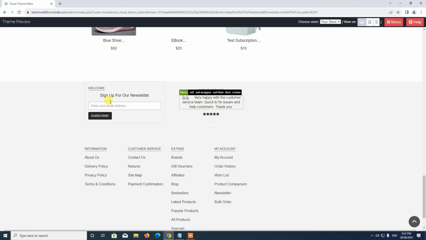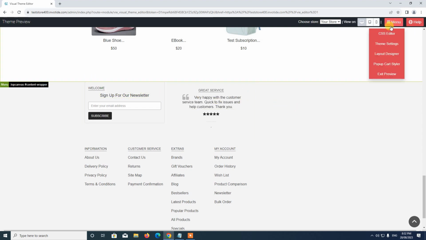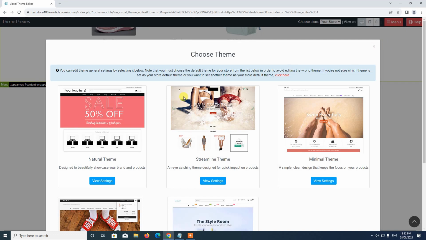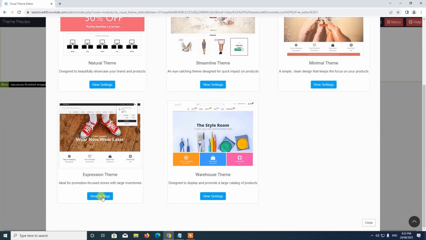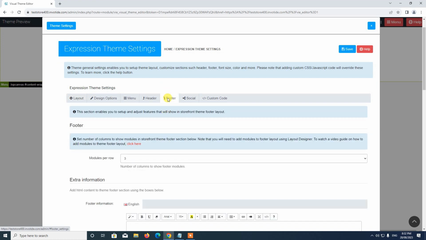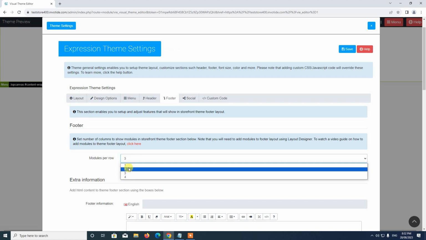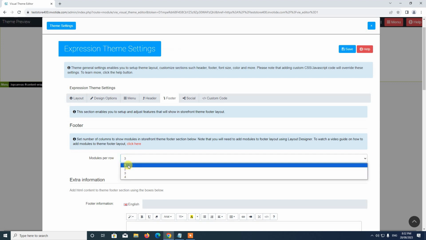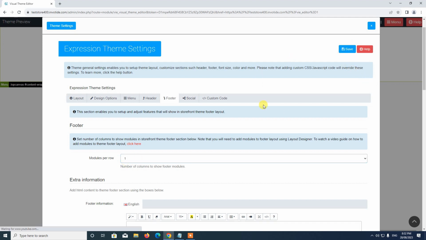To see the setting that controls this section, we select the theme settings. All right, select the theme. Here under the footer section, you can see this option that says modules per row. It says 3. If we change this from 3 to 1 and save,